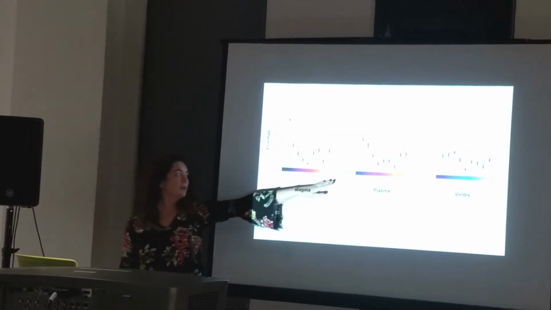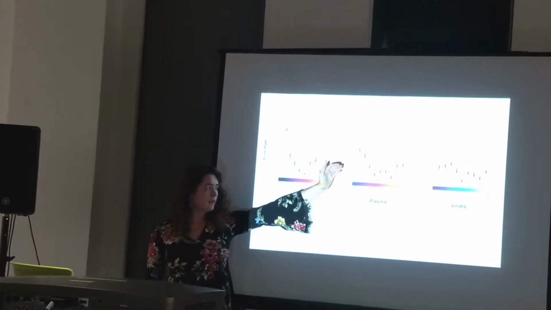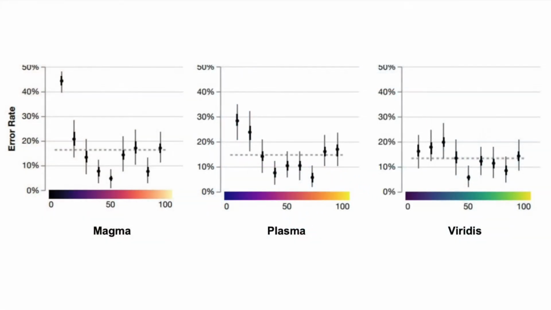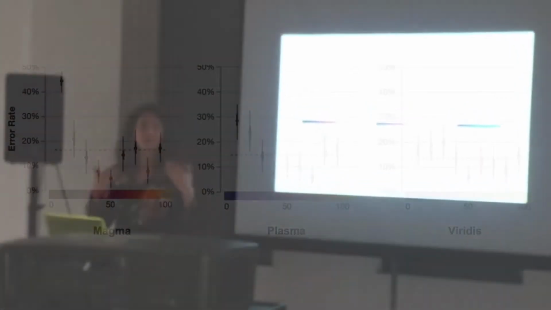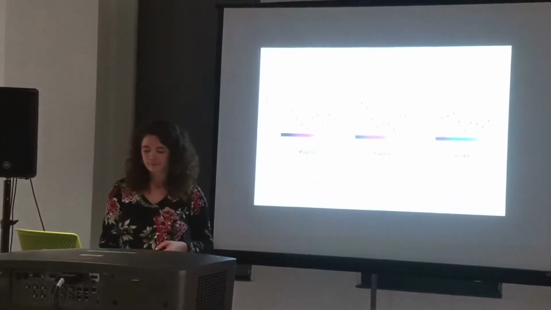And so then they moved to plasma, which didn't have this dark range so much, and so the error rate went down a little bit. And then their final recommendation was actually this new color palette that they developed called Viridis, which is now part of a lot of data visualization color palette libraries. So that's another thing that's really important to remember: any time that we're translating one thing to another, we have to take into account the fact that as human beings, our perception factors into the way in which we understand colors and relationships.